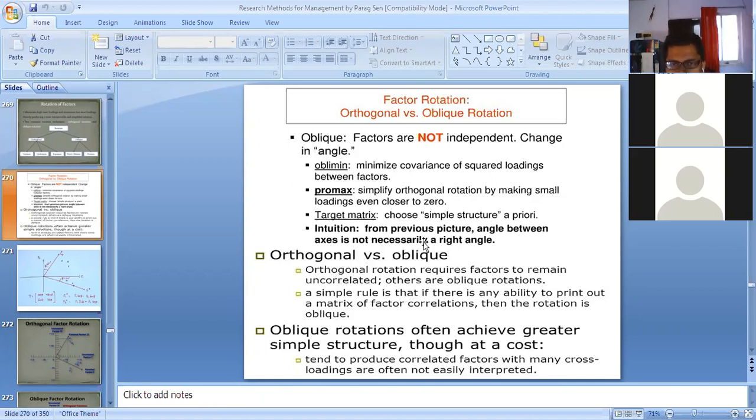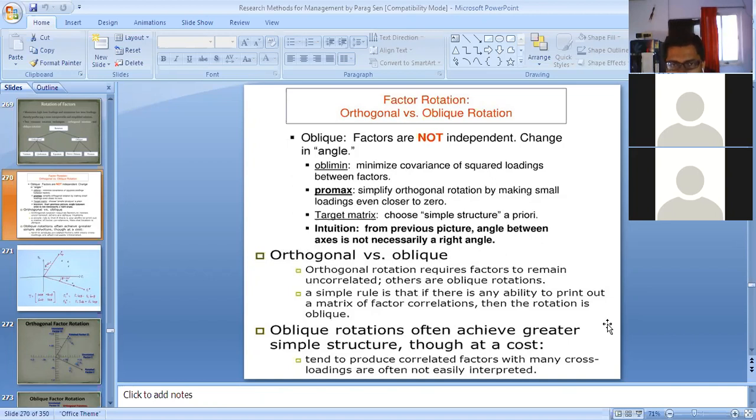Okay. And it is very natural that the factors that you extract, if you use the principal axis factoring method, will have no correlation. There is very little chance of correlation between those factors.